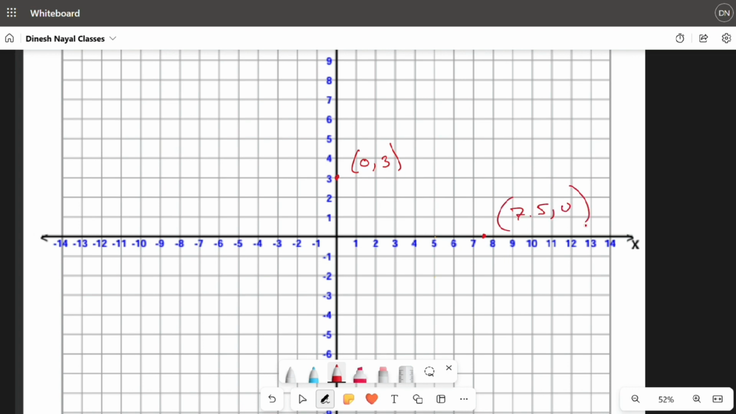Now you know what you have to do: you join these 2 points to complete the graph, or you can extend the graph in both directions, or either direction. So this is the given graph. Okay,